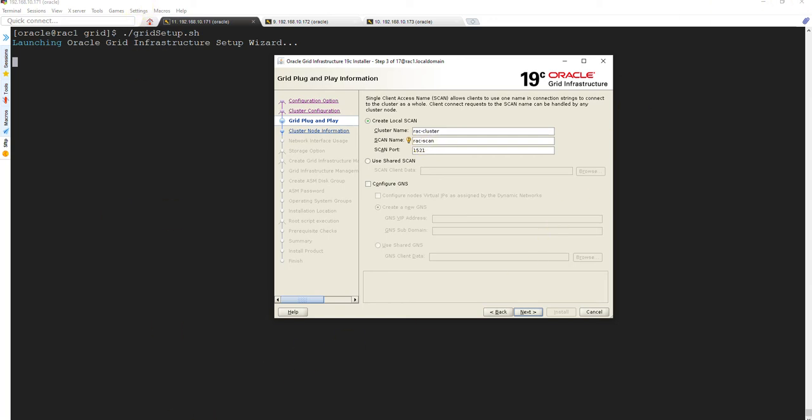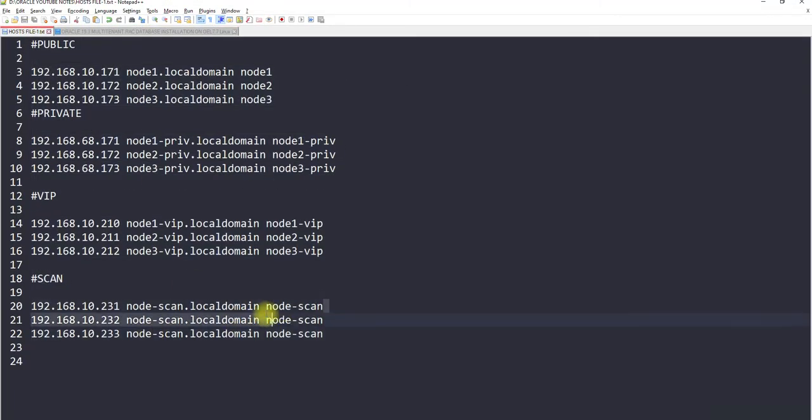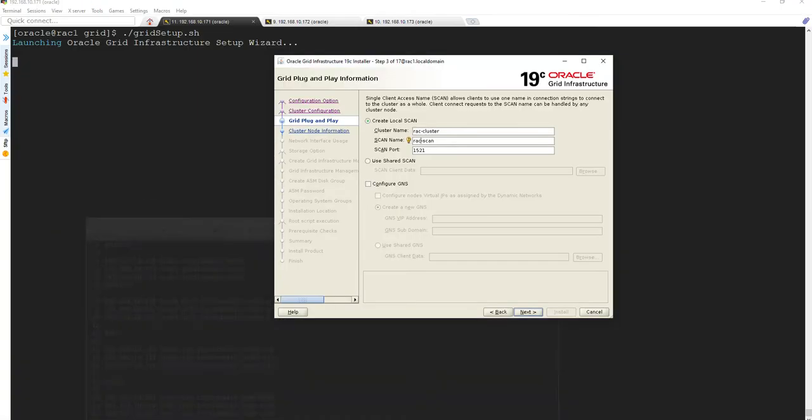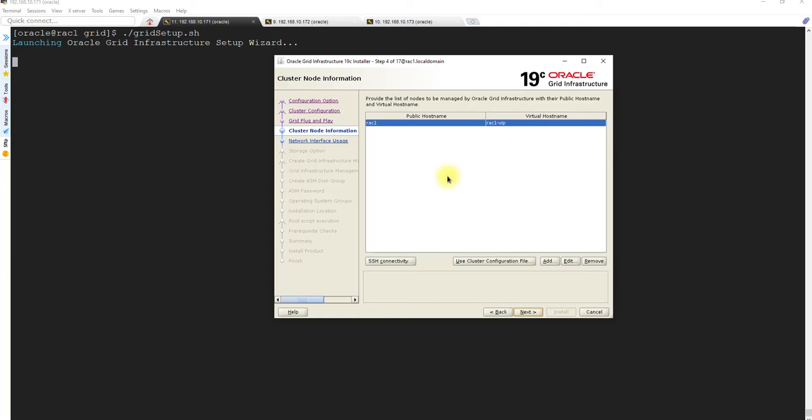Just a second, let's validate it. So node scan. Okay, this has to be the same. Node scan. The scan port is okay. Let's move on. It will validate the scan name from the hosts file which you have set up. Okay, so you need to make sure that it is set up properly.